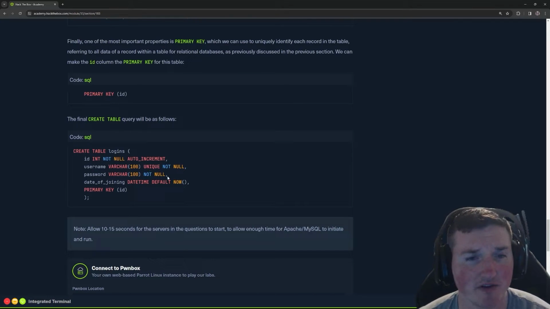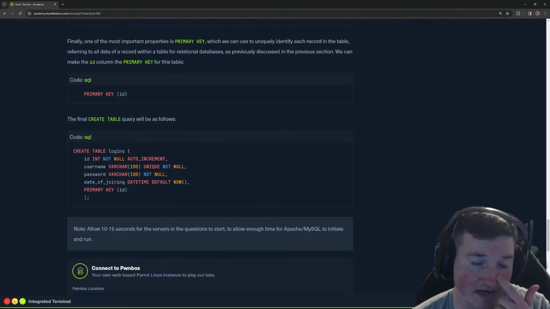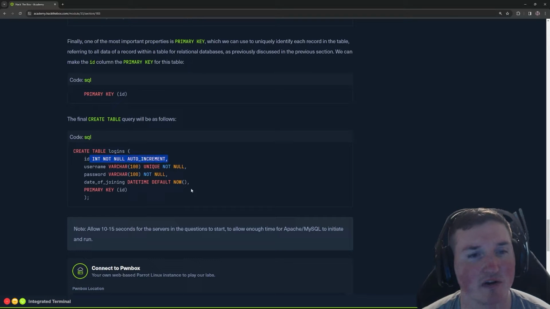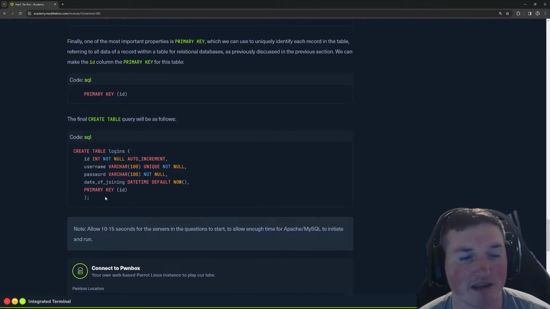Then not null here, we're saying we need a password and it has to be 100 characters. So if you did 101 characters, it's not going to take it, right? And then date of joining, we want that now. And then we want the primary key to be the ID. So this ID, this 1, 2, 3, 4, 5, 6, 7, whatever, will be the primary key that we can